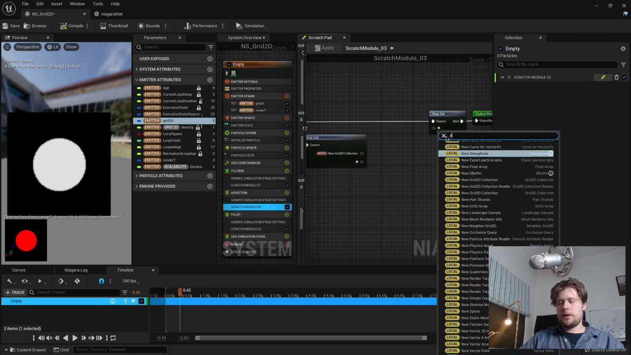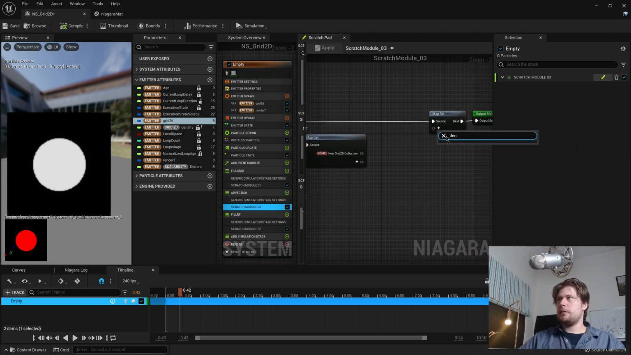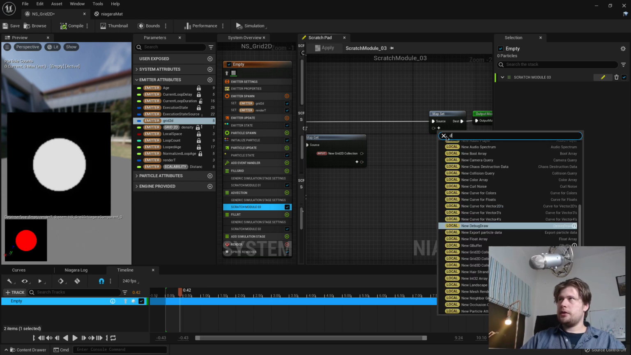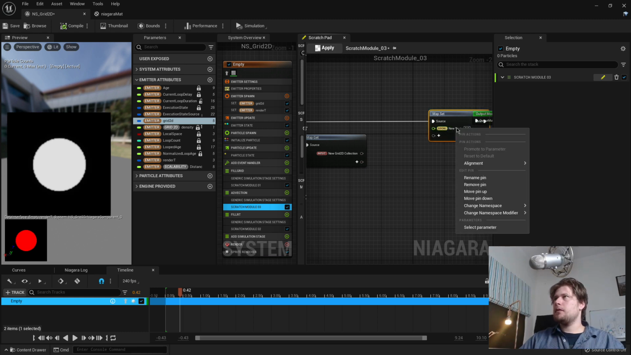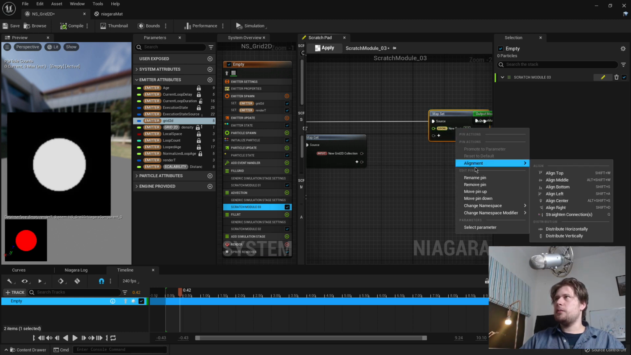We're going to write to the density channel as well. So we're going to source from the density channel, and we're going to write to the density channel. I always do that. Sometimes it shows up, but I think it only shows up if it's on the input as well. So